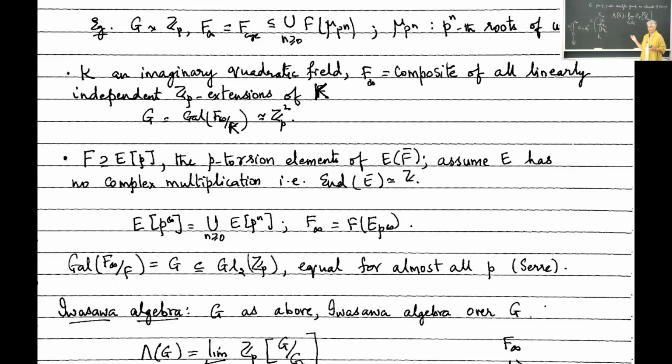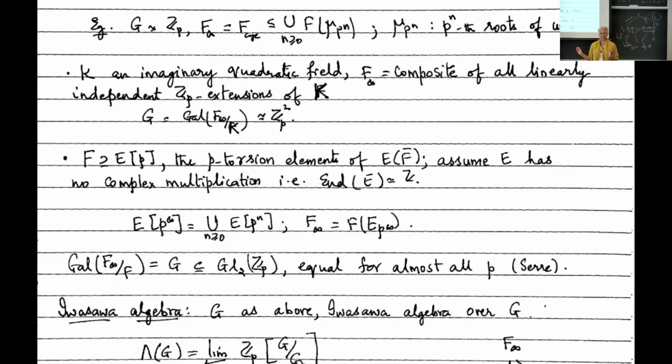And when I first learned Iwasawa theory, my PhD was not in Iwasawa theory. I learned it later when John Coates came to Tata Institute to give a series of lectures. And the first question I asked during those lectures was, again, because it was so unintuitive, you're asking questions about a finite extension, why do you have to go to this infinite extension and work with these completed group rings? And he didn't know the answer. He said, oh, you know, that's what Iwasawa did to study the class groups, how they varied along a tower. And that fits beautifully to what we want to do with the motives associated to elliptic curves. And that's why we did it.